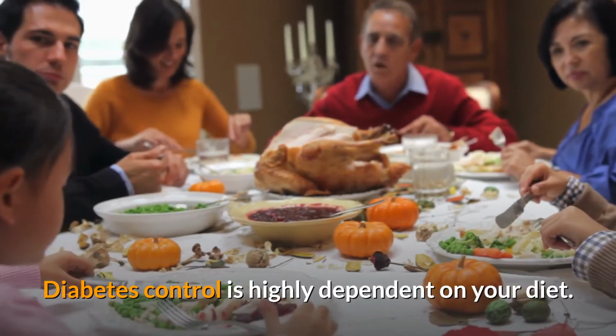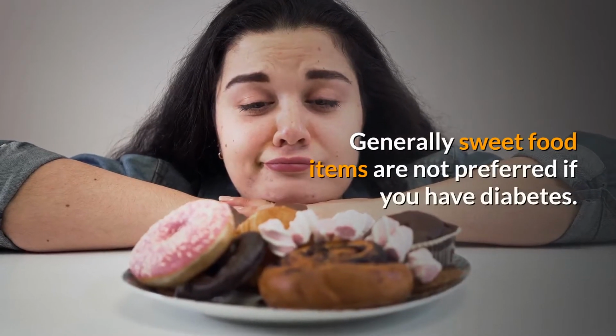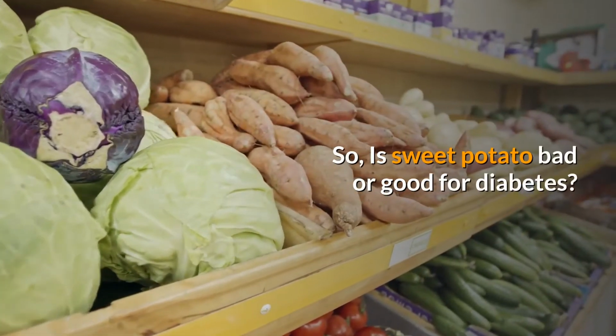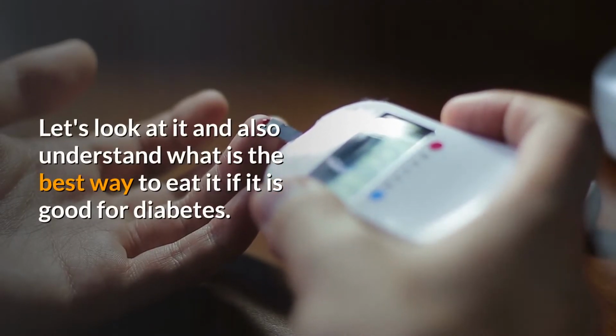Diabetes control is highly dependent on your diet. Wrong choice of foods can spike up blood sugar levels. Generally, sweet food items are not preferred if you have diabetes. So, is sweet potato bad or good for diabetes? Let's look at it and also understand what is the best way to eat it if it is good for